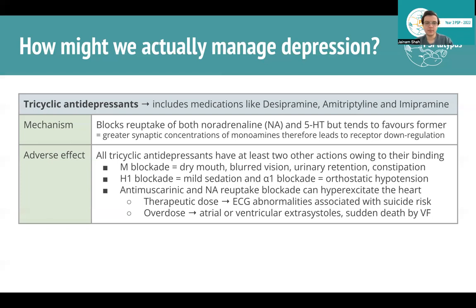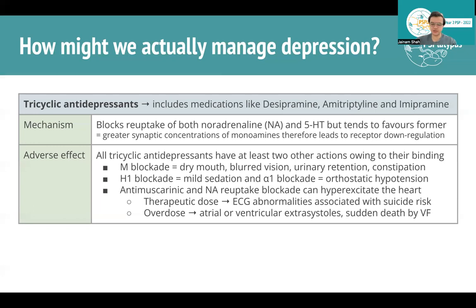the heart. So at the therapeutic dose, you might get some ECG abnormalities that can actually be associated with suicide risk, surprisingly. And if you have an overdose, then it can lead to arrhythmia, so atrial ventricular extrasystoles, and even sudden death because of ventricular fibrillation. So obviously, a lot of things you need to be careful about, even at the therapeutic dose. But just remember that you can have some effects that are unintended because these antidepressants are not very specific to